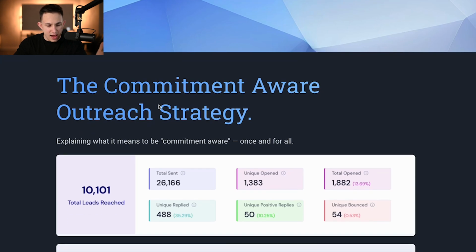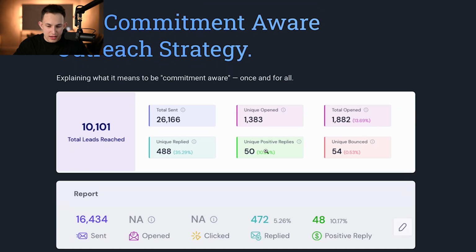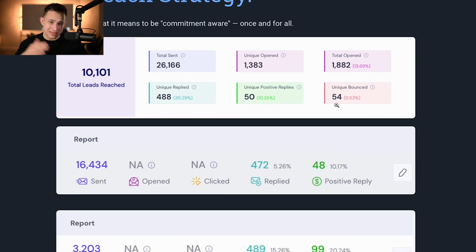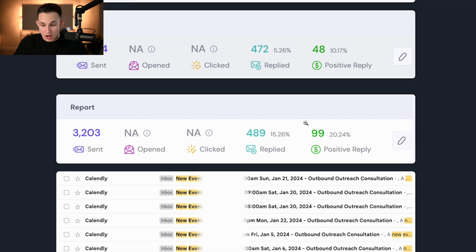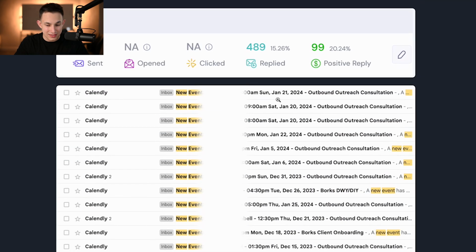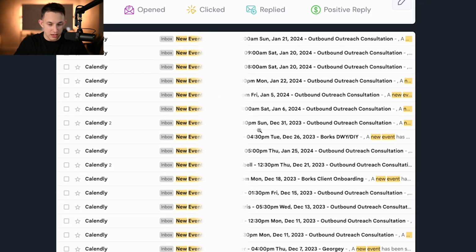Now, this is the exact strategy we're using to get results just like this. As you can see, 10% interested response rates on a cold email campaign to cold prospects who have never heard of our company. We have a perfect bounce rate using an offer like this, with 0.5% bounce rate. That means 99.5% deliverability, 10% positive response rate right here, 20% positive response rate. You can see this is our Calendly when we were booking a ton of meetings for ourselves, several meetings every single day, only coming from cold email. This is only the cold email calendar, right?